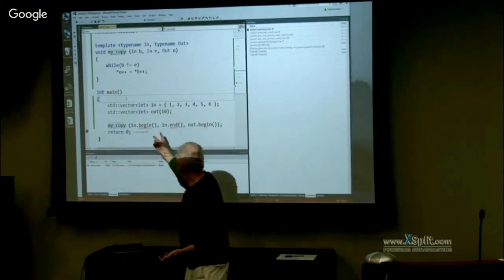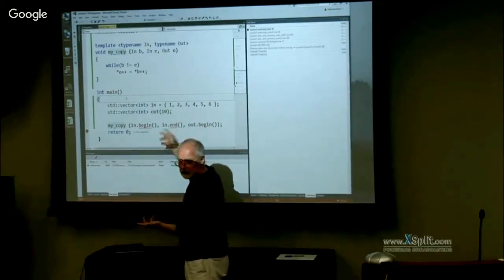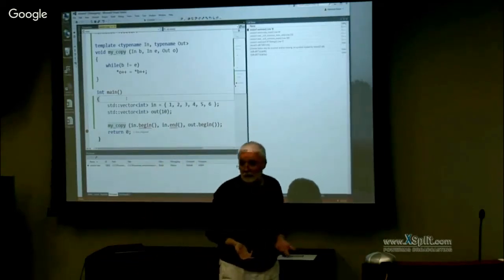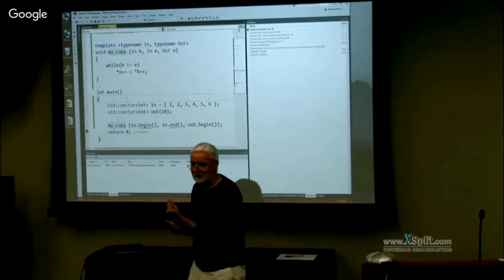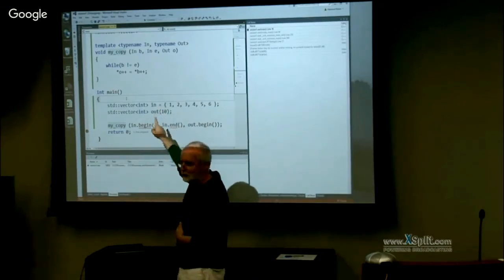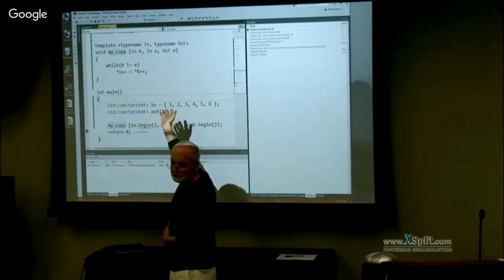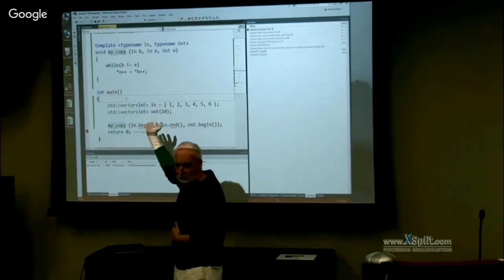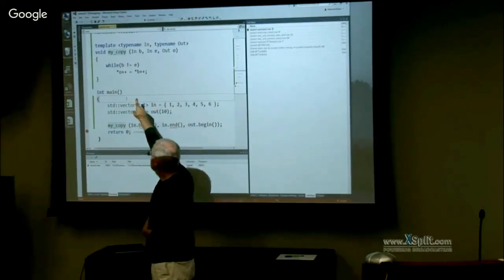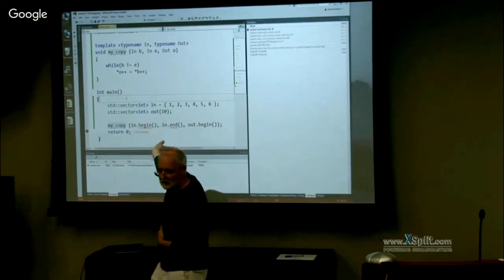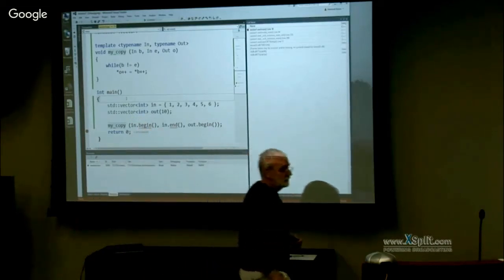Since the compiler figures out the types for us and generates functions for arbitrary types, could I use it for arbitrary things? We need an assignment. Right, and not only that, what operations do we need in order for the code to be well formed with regard to the input types? We need a means of comparing two ins. We need to support the dereferencing and the ++ operation. For instance,